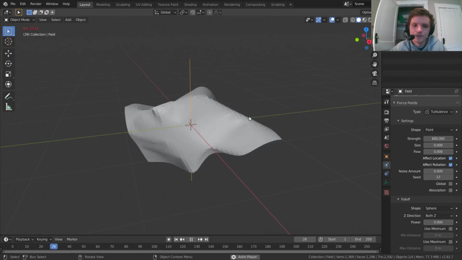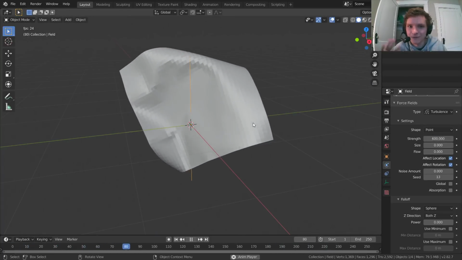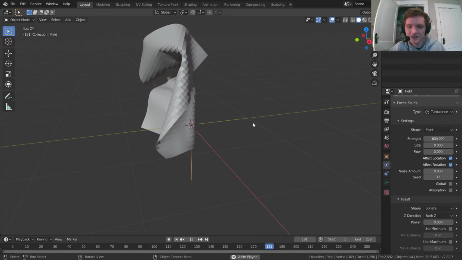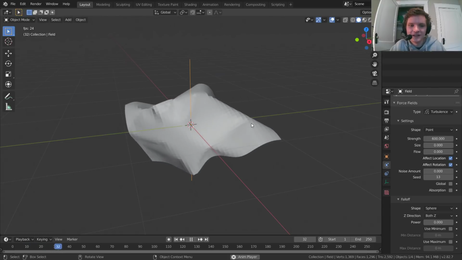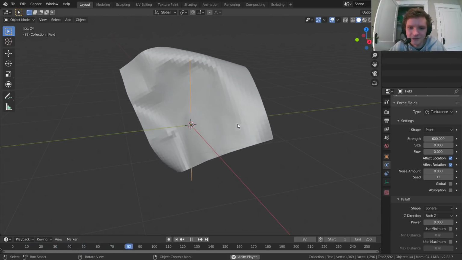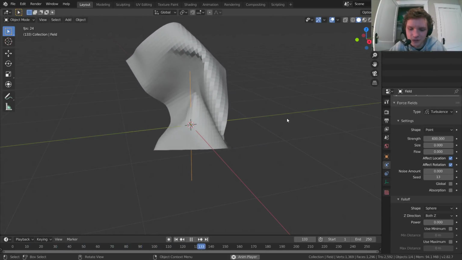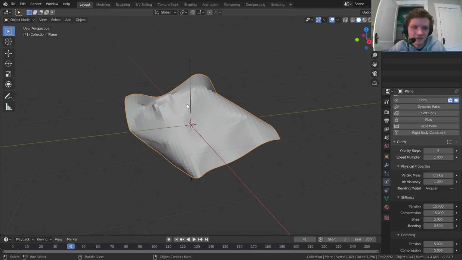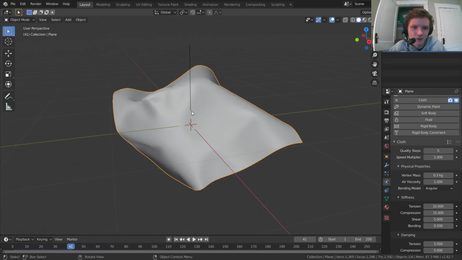Let's see. And you can always change this around. Everything about this is procedural, and you can go back and fix things, especially when we get to the shading, but nothing is baked in. So I think 600 looks pretty cool, but we can always change it later. So once you're happy with your strength, I'm just going to pick the cloth, right click, shade smooth, so it